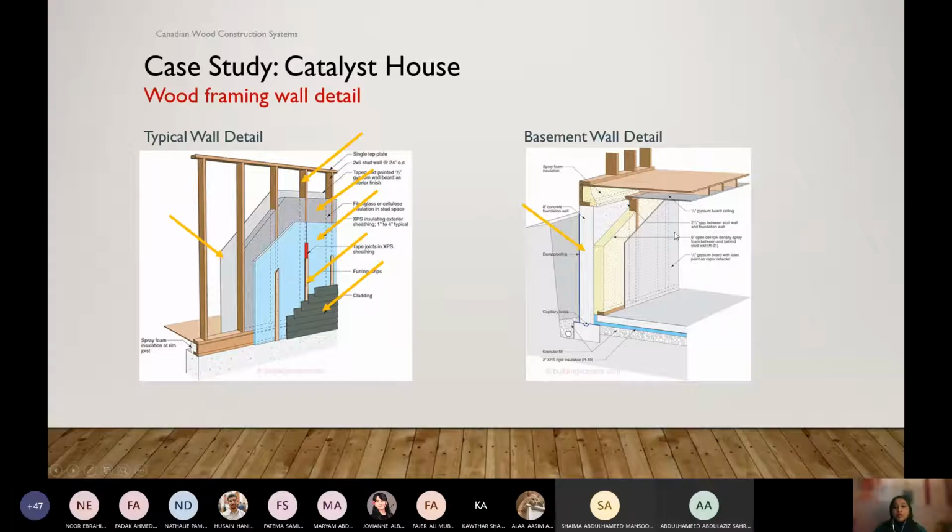This is a typical basement wall. If we are using the basement as livable space and it's only a concrete wall, it will make you very cold. So that's why we use another small wood framing, it could be 3.5 inch, not as thick as the upper exterior wall. So that wood framing goes inside with insulation, and inside the gypsum board or the drywall. So that is the typical basement wall detail.